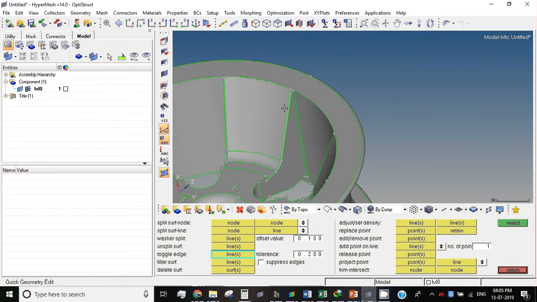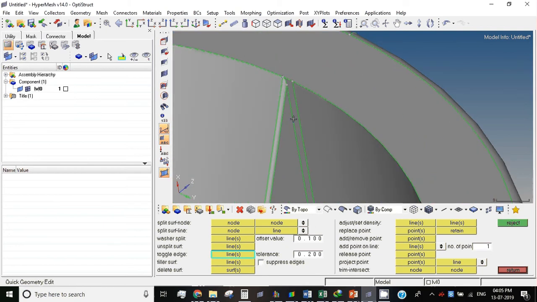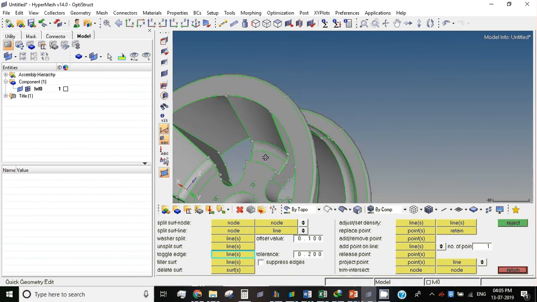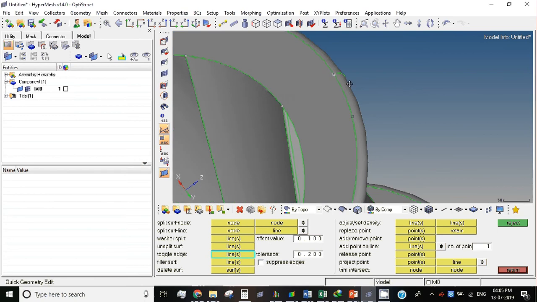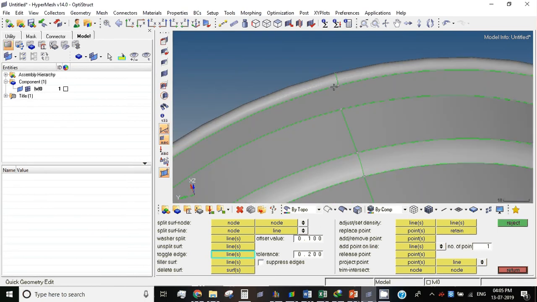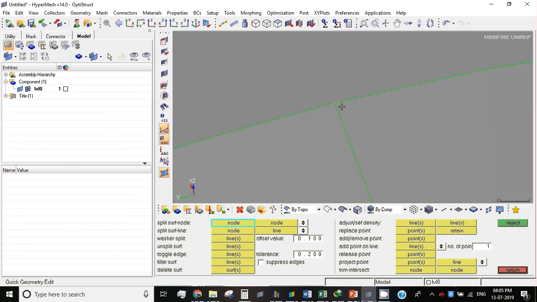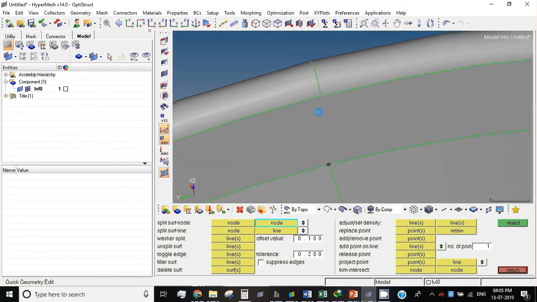So that's all, right? If you want to create one extra line, see, I want to connect these two lines. Now what I can do is go to node to node and select. If these dots are not appearing, just this is there, right? See, these small dots. You want to select this node and this node, and I will draw a line. So it will be geometry splitting. Okay. Now what you do? I'll split these geometries, here and here.